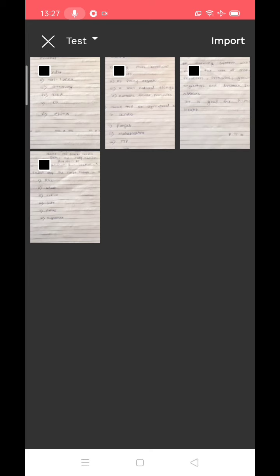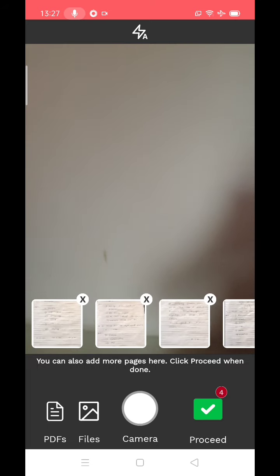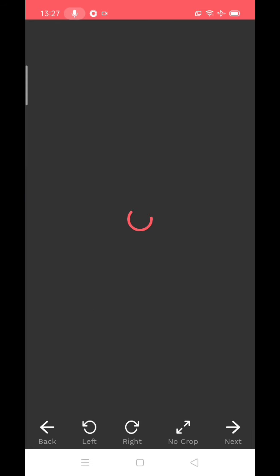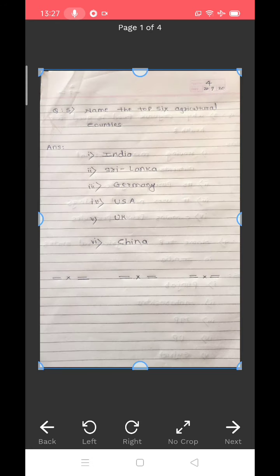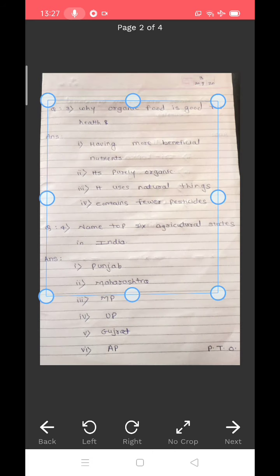Now select it in particular sequence and import it and click on proceed button. Make sure that the pages are in correct sequence and properly selected. Drag it so it should be full screen.